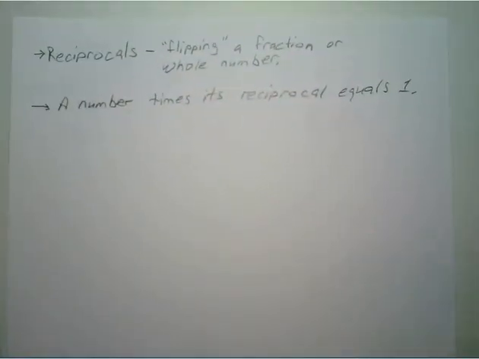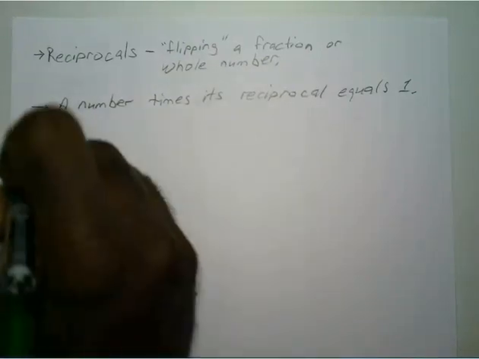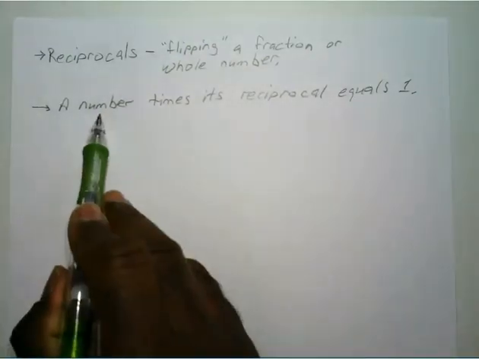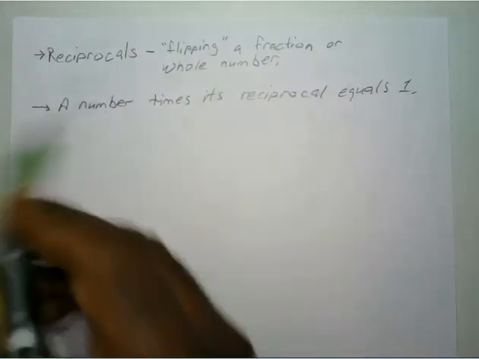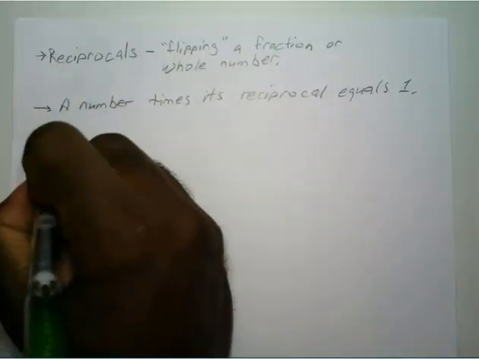Okay, so now we're going to look at reciprocals. And reciprocals is really just flipping a fraction or a whole number. Okay, and I'll show you what I mean by that. Okay, and we also know that a number times its reciprocal is equal to 1. Okay, so for example,